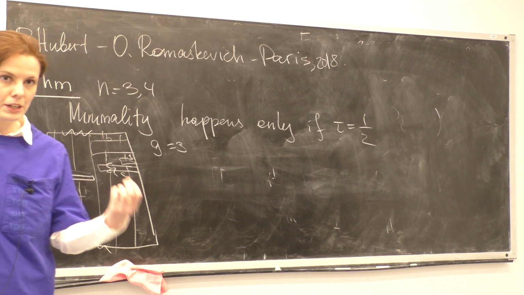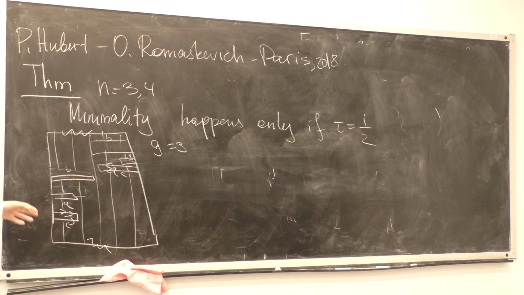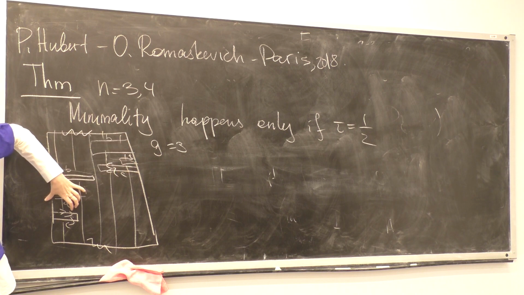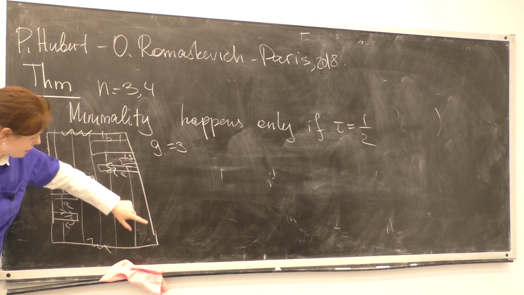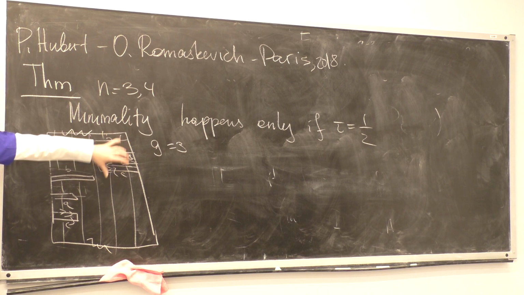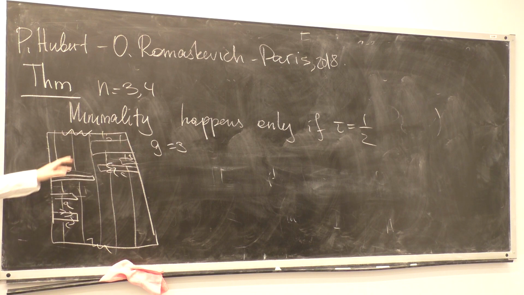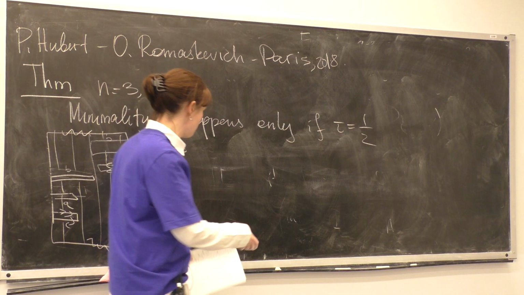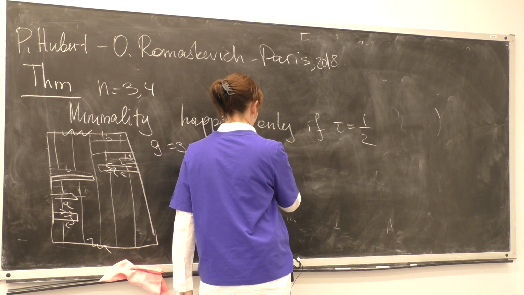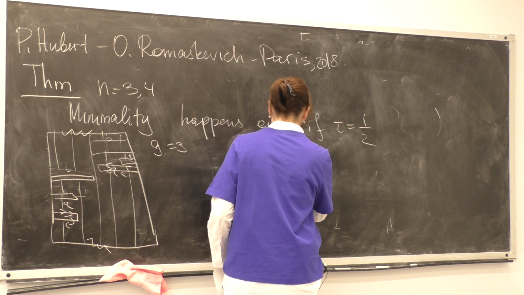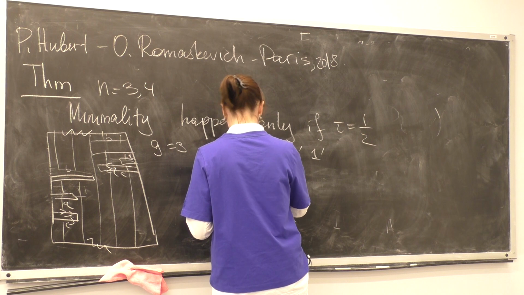You can draw a picture and provide it. And it works in a similar way. In case of n equal to 4, it will be the same. Just you still have 3 holes. Just this one pair will not be glued to the side, but will be somewhere in the middle in a symmetric way. And so in case of n equal to 4, for example, you will have the following interval exchange transformation, like that.